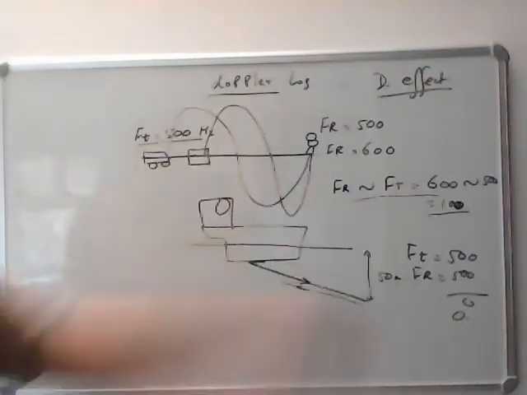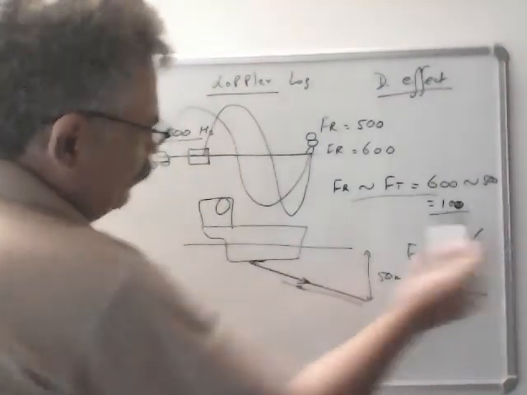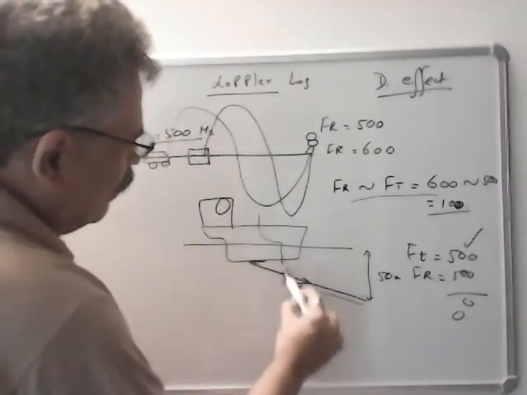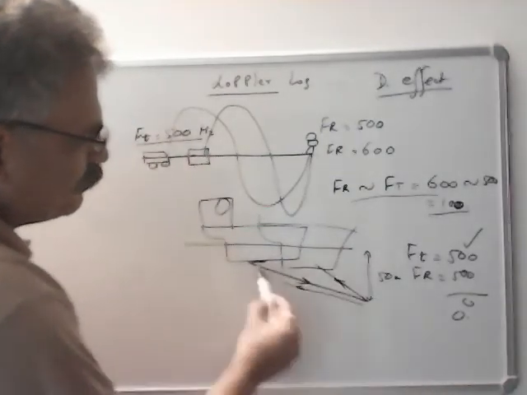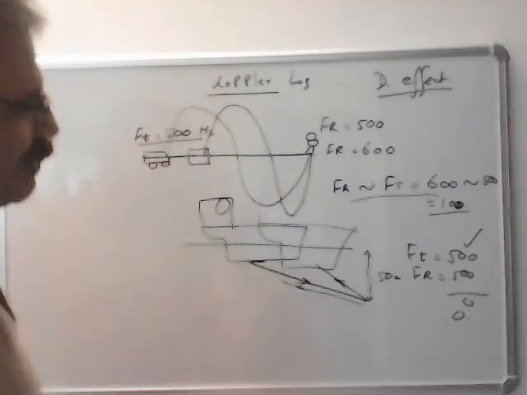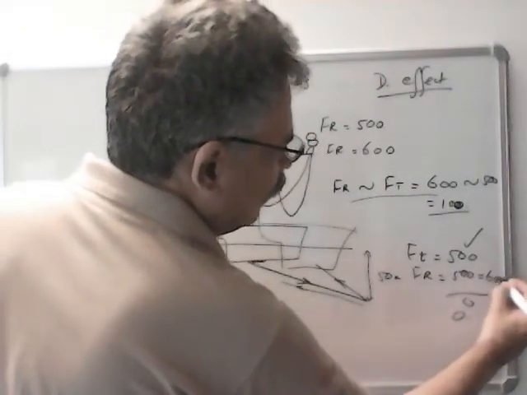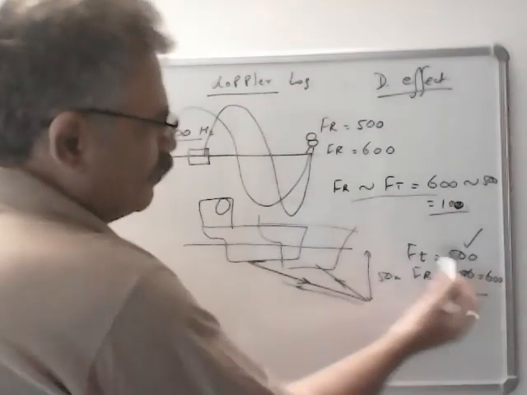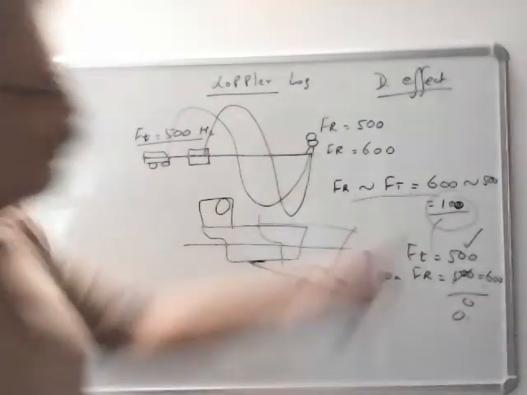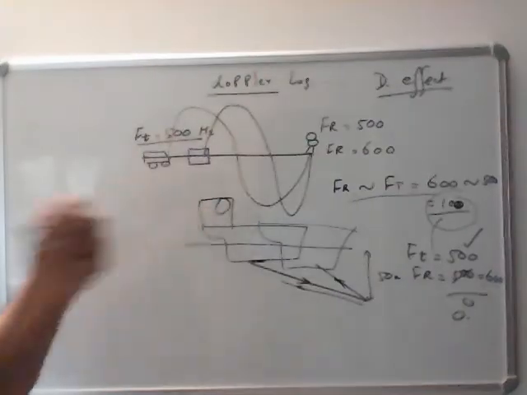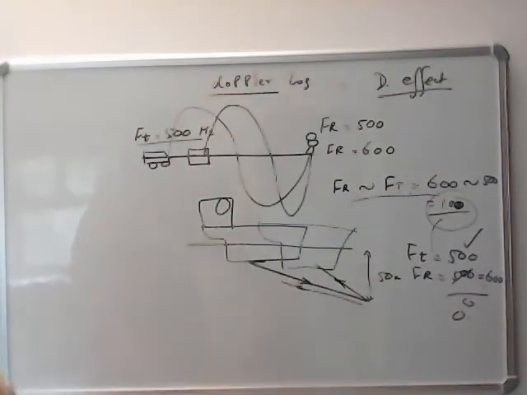But if the ship is moving, frequency transmitted is the same, and after some time the ship comes here and it receives the frequency like this. Frequency transmitted, frequency received. So frequency received might be a little different. So the difference is taken again, and this is converted into ship speed and displayed on the bridge. So the more the difference, the more the ship speed. And this is called Doppler log.